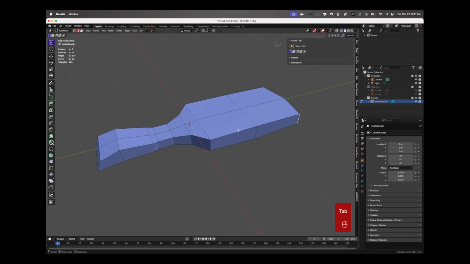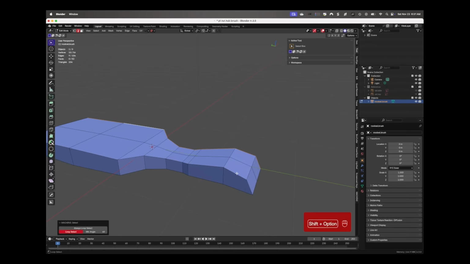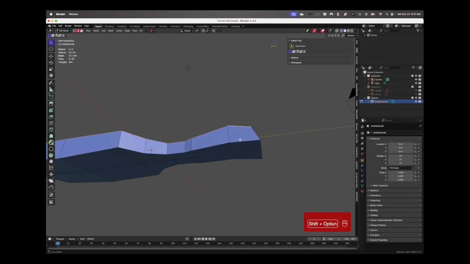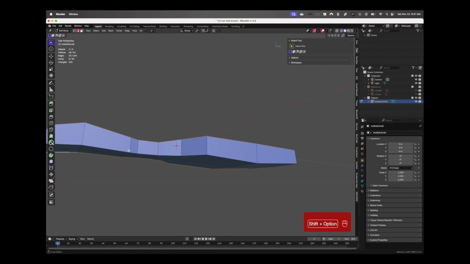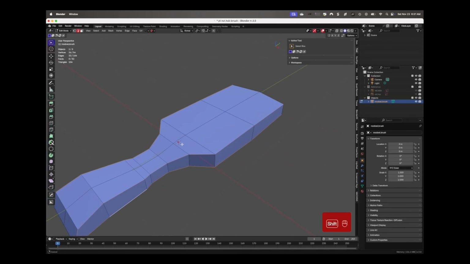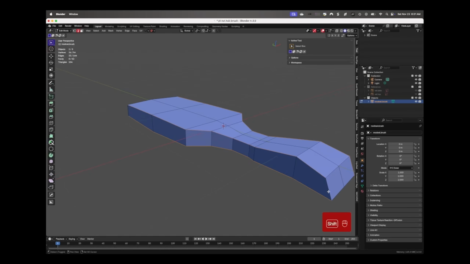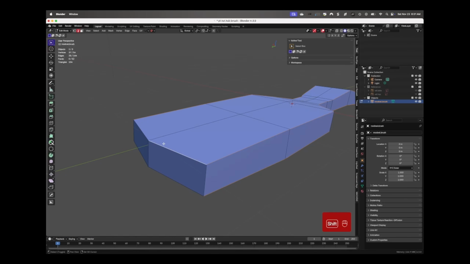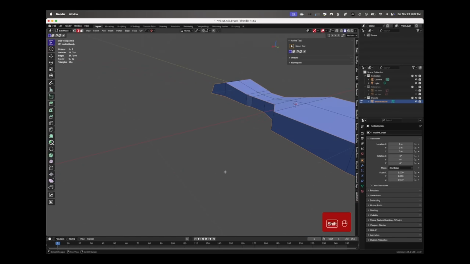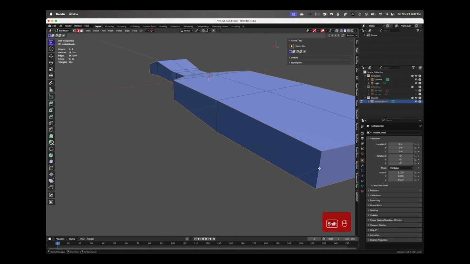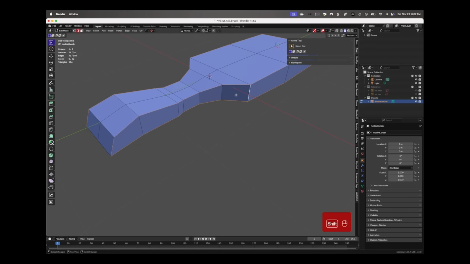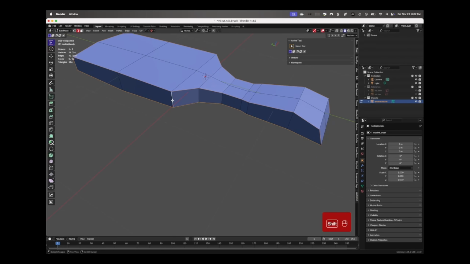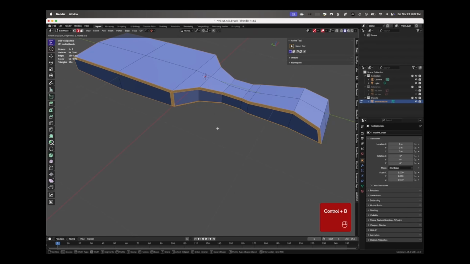Alright, so now I'm going to go into edge select mode, and I'm going to select these edges that sort of define the structure, the shape of this thing. And one thing I want to do is, once I select all of these edges that I'm trying to make an adjustment to, I'm going to run a bevel by hitting Control B. That bevel is going to tell Blender to make those edges a little bit more rigid. I can adjust how rigid by the amount of bevel I apply to it, and you'll see when we come back in and apply the subdivision surface modifier again, that the shape of the brush will have more structure.